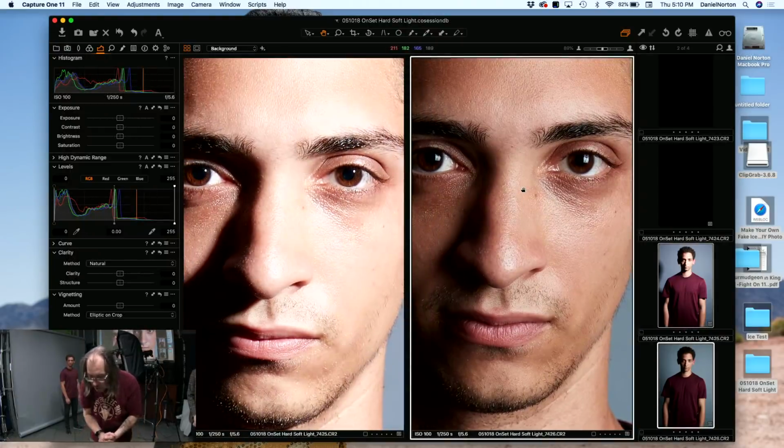Now, there is something else going on here, too, which I guess in terms of speaking about this, I have to kind of cross this line and talk about it. Specular versus diffuse. And I'm going to talk about this also because people will make the statement all the time, and I see 1,000 videos out there where people say this, if I want to make my light softer, I'm going to put some diffusion on it. If you ever say that in front of me, Seth is going to spank you. Wow, backhand. Not me, because I'm very gentle. Diffusion does not make your light soft. Diffusion makes your light